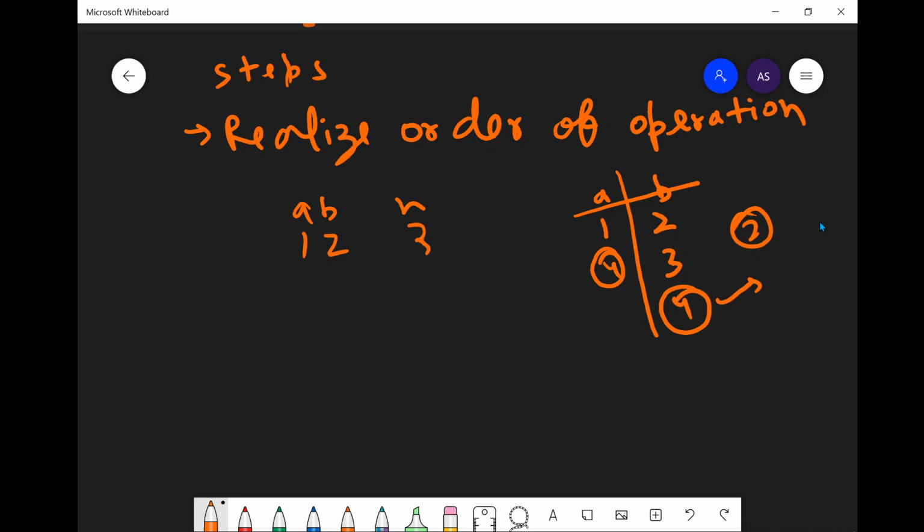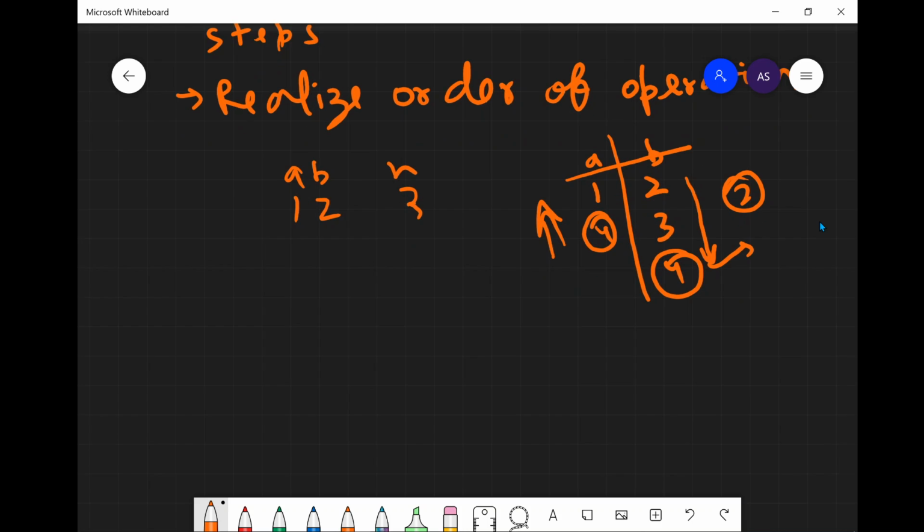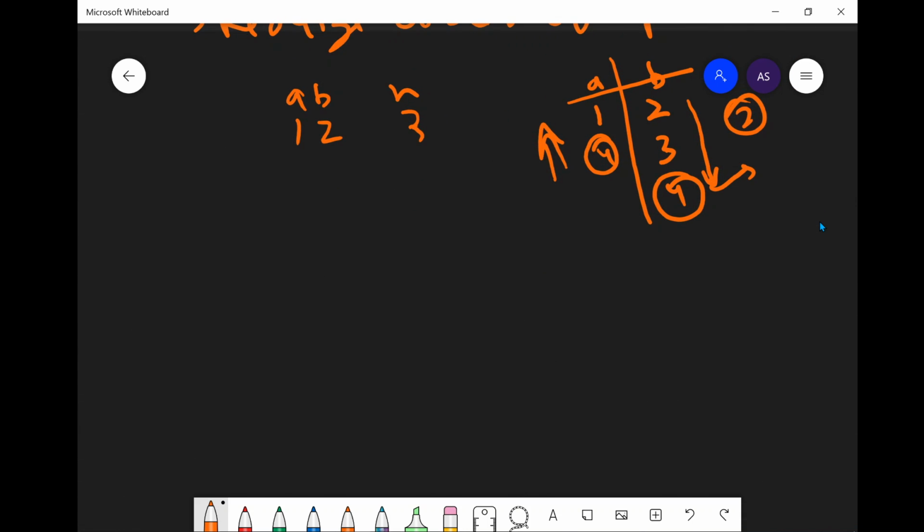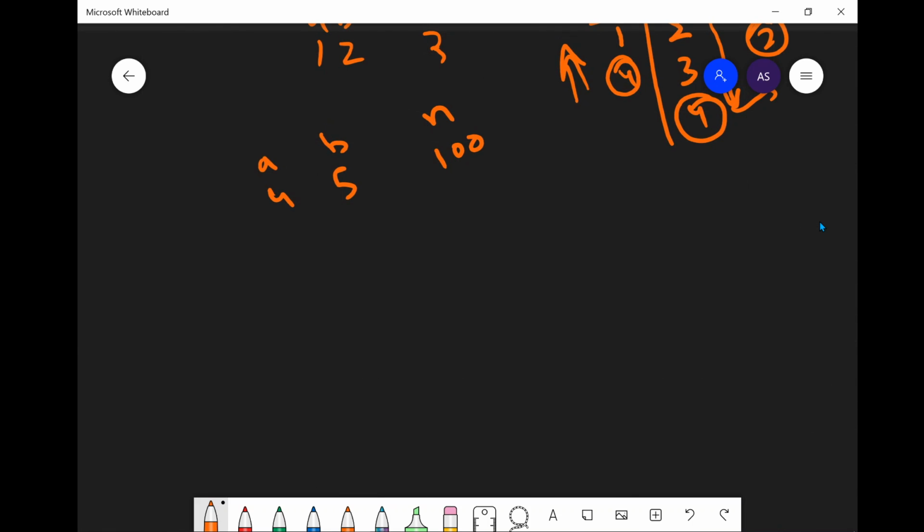So this is a really important step. We should not just directly add everything to b. Once we add it to b, and if we add it again back to a, then the value of a would increase to a very high value. We have to realize that also. We will be realizing it soon. So let's take the other example given in the question. This was a, b and n, starting from 4 and 5.